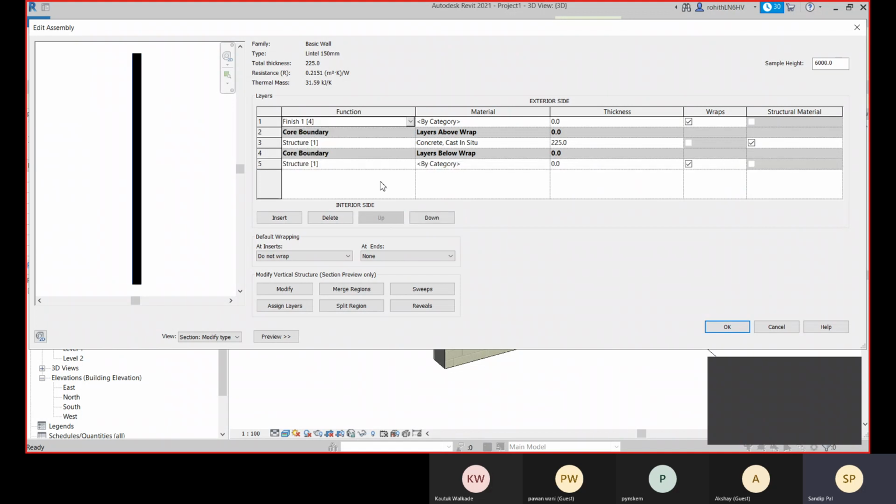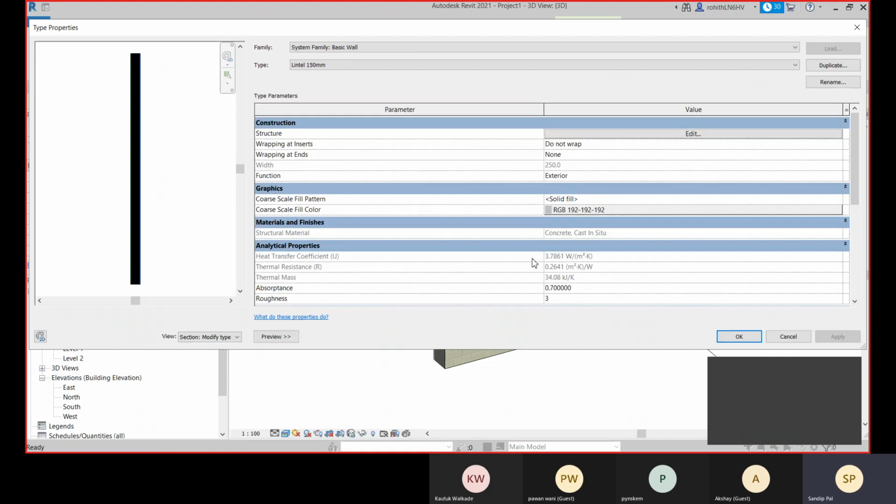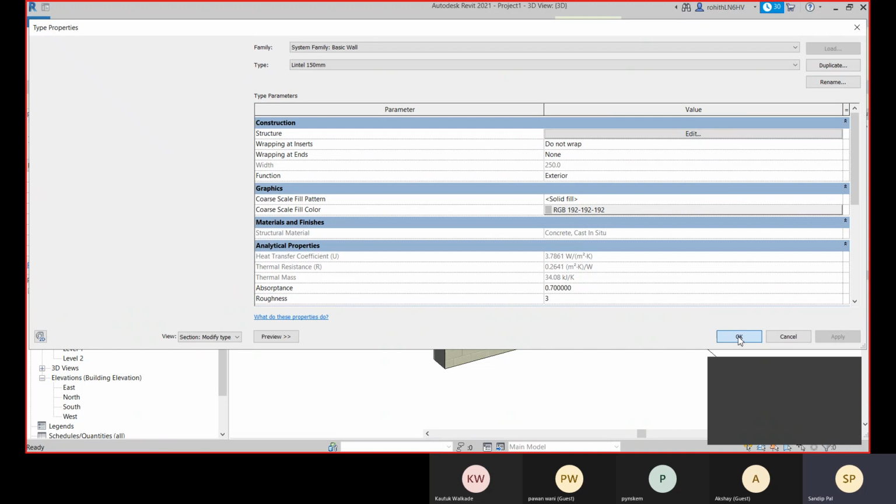Change it to finish 1. Change it to finish 2, and this is going to be the plaster. Okay, apply and OK.